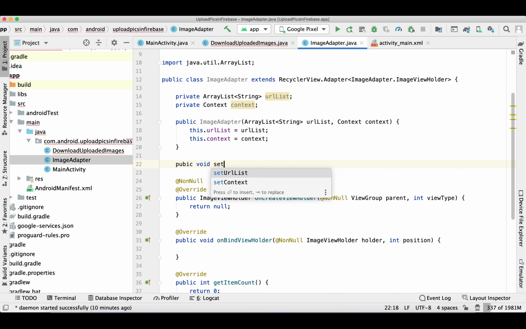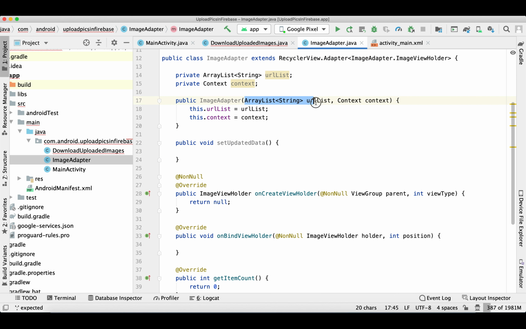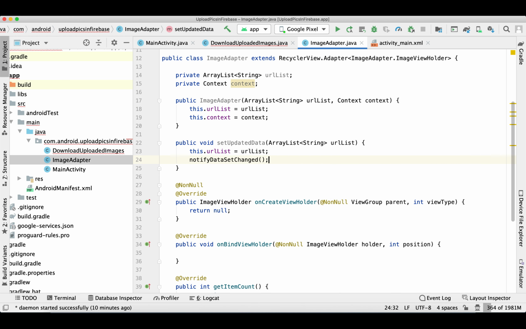And I'm creating another function where we'll be setting the updated data to this adapter. And from here we'll call notify dataset changed, just to refresh the list with the updated data.